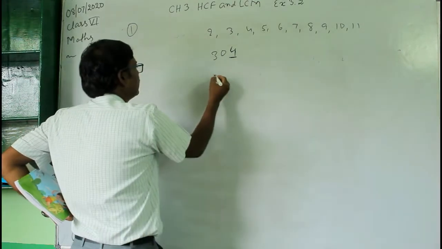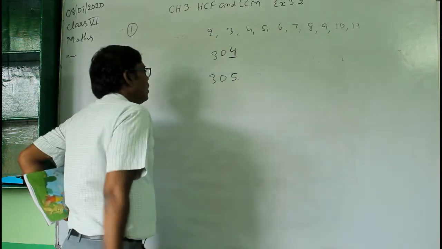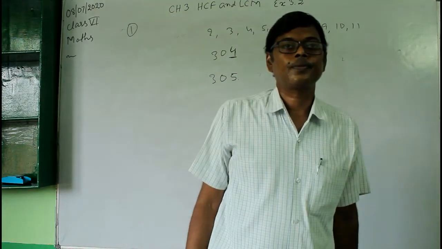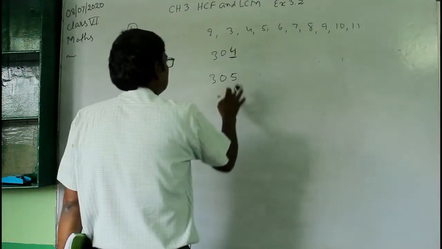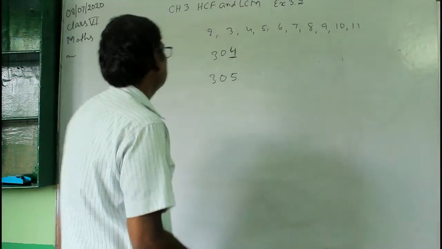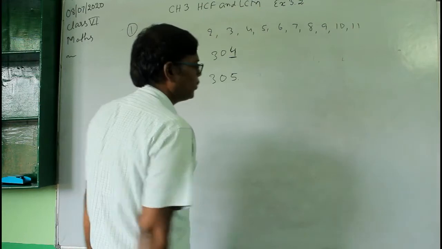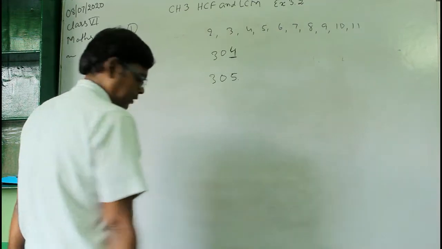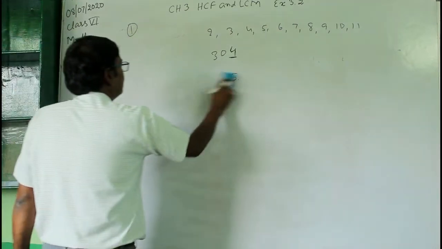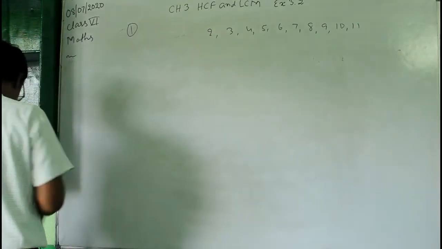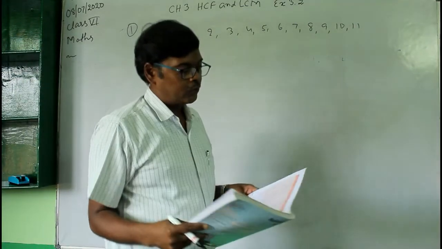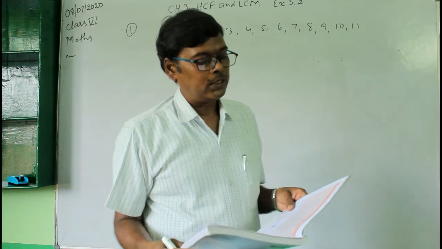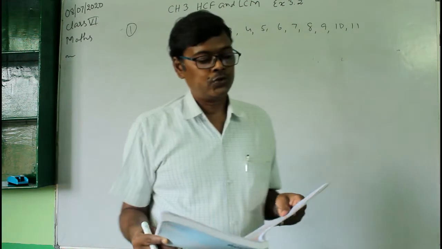And suppose you have another number, this number 305. Is this number divisible by 2 or not? This number is not divisible by 2 because it is an odd number in this case. So this is how you will test by using this. And next, what is the rule here? The rule is that a number is divisible by 2 if its ones digit is 0, 2, 4, 6 and